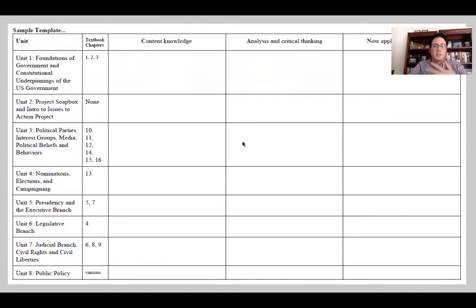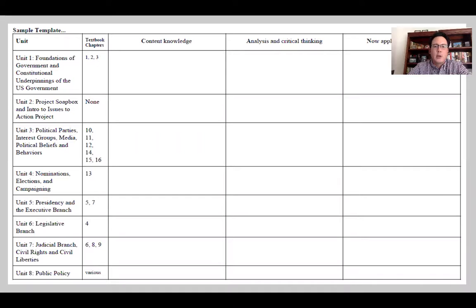And what they've realized is there's a lot of content knowledge on the AP exam that they need to know. There's a lot of analysis and critical thinking skills. But the application and the Action Civics portion is in that project, and it's not really tested on, or assessed per se. So when we're looking at that 8 weeks that I have, or many teachers are teaching in